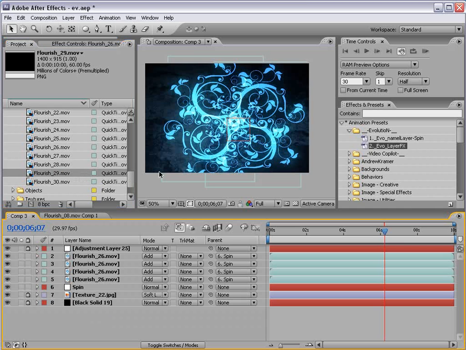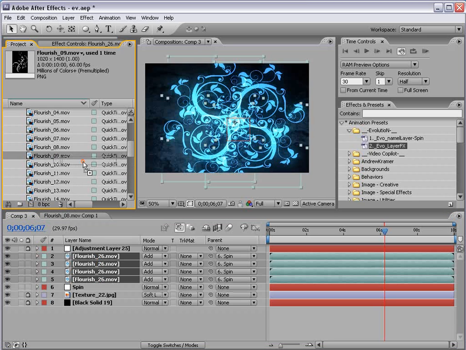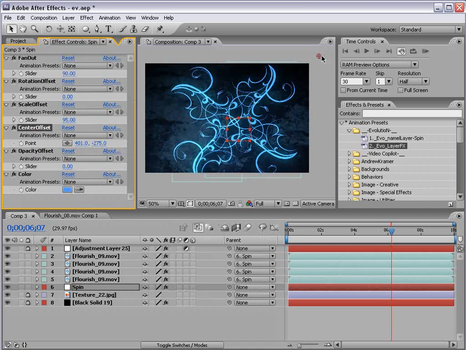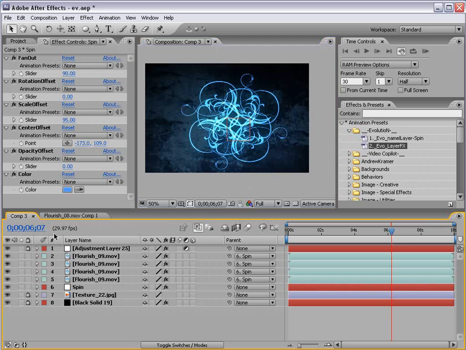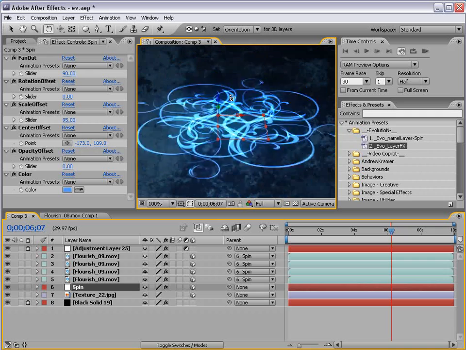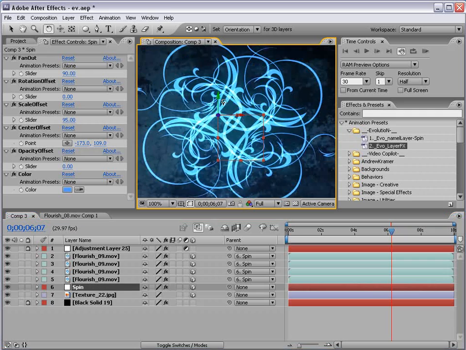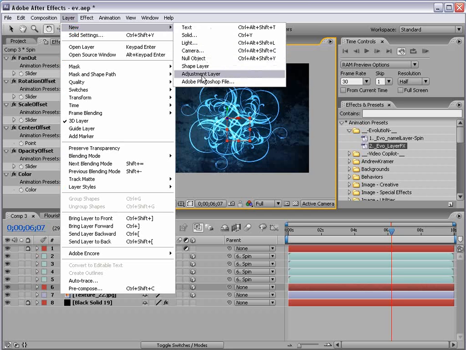Now the other thing you can do is, let's go back, let's select them, replace it with design number 9, bring it in here. And what I'm going to do is turn these layers into 3D, and our texture layer, our background layer also, and our spin layer. So the spin layer is a null object. So we can just move the null object, and that allows us to move all of them together. And then if I create a new camera,